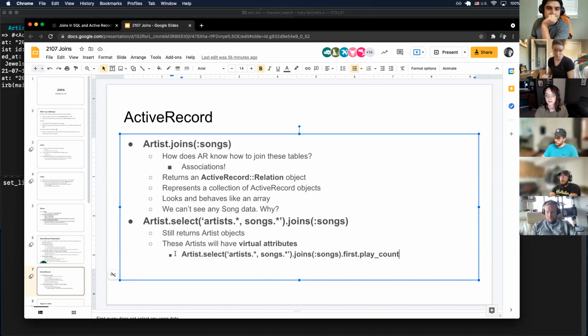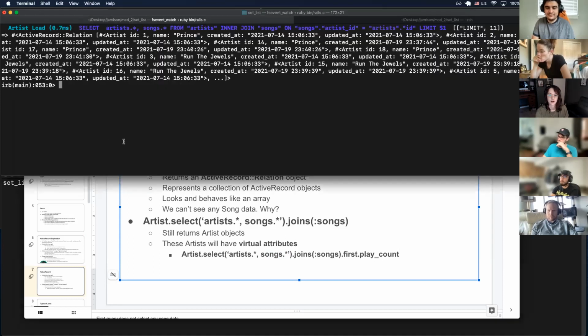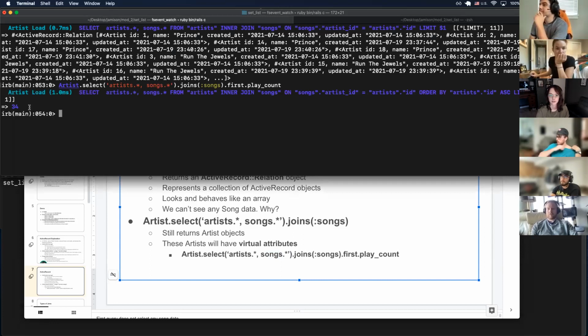attributes. So we could run something like this where I say artist select, and then I do that query that I was asking you all about. And then I grab one of these instances from that collection that's returned, and I can call play count because we are selecting all the columns from songs. So that would look something like this. I'm just going to do that and then call first play count. And I get the play count for the first song from this query, even though this is not being returned as a song object. It's not obvious to us from the return value that we have song attributes available after